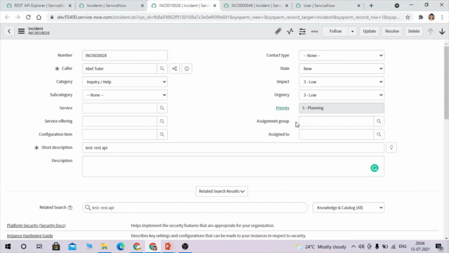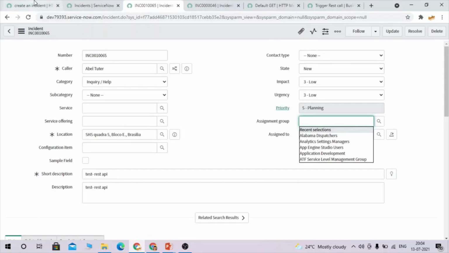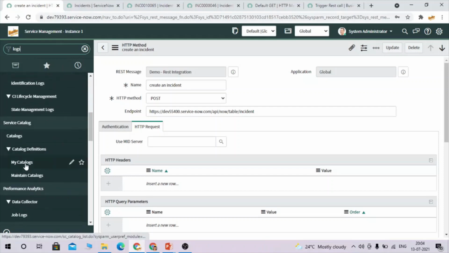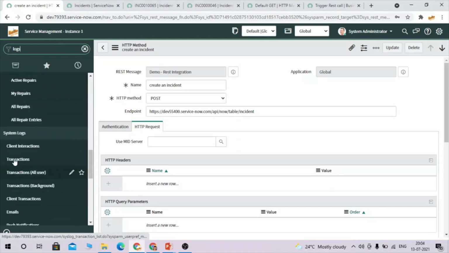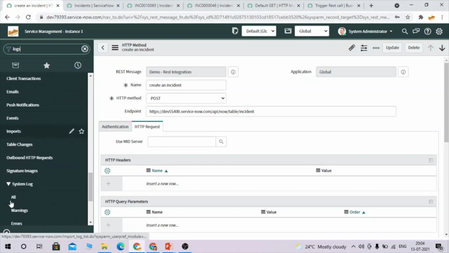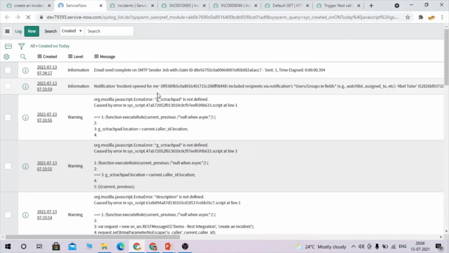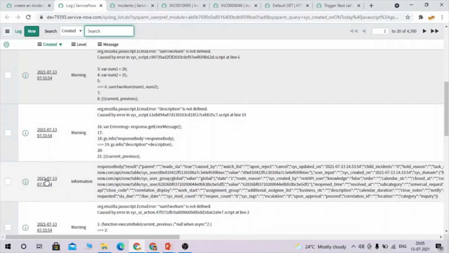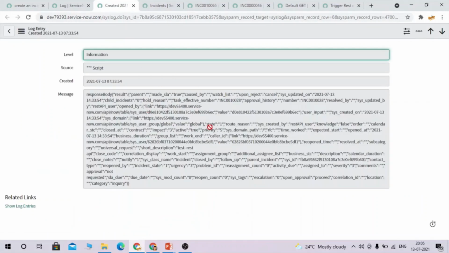So that's all right. So for description, see here we can go to the logs, because if we get any kind of error we have our response body, right? So we can go to the log and we can check. So here, where is that response body, this one has got created. Here you can come and verify.